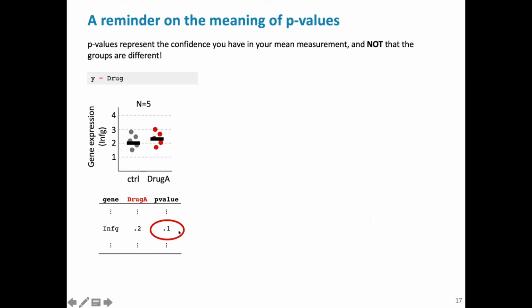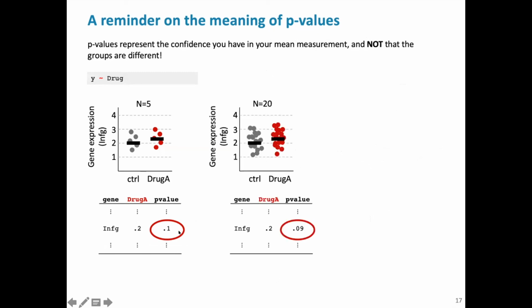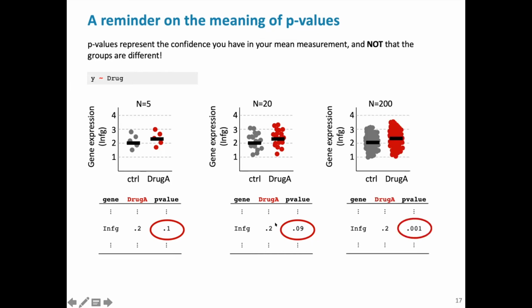Oh, it's not significant. But let's just add 20 samples instead. Now we start getting a little bit significant, and that's what PIs usually say: oh, no, let's do the experiment and add more samples. But now if you add 200 samples, now it's very significant. Oh, good. But what the p-value is actually telling you here is how accurate or how sure I am